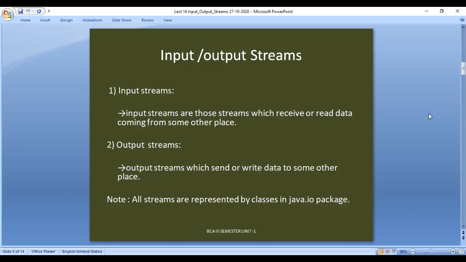So what exactly are input streams? They are nothing but streams which receive or read data coming from a resource or some other place. Similarly, an output stream sends the data or writes the data to some other place. Here, input streams will take input through the keyboard. Whatever inputs we are giving to the program, they go through the keyboard into the program,